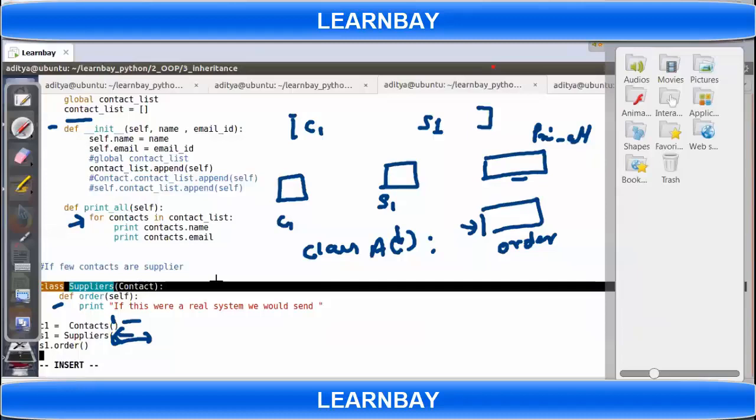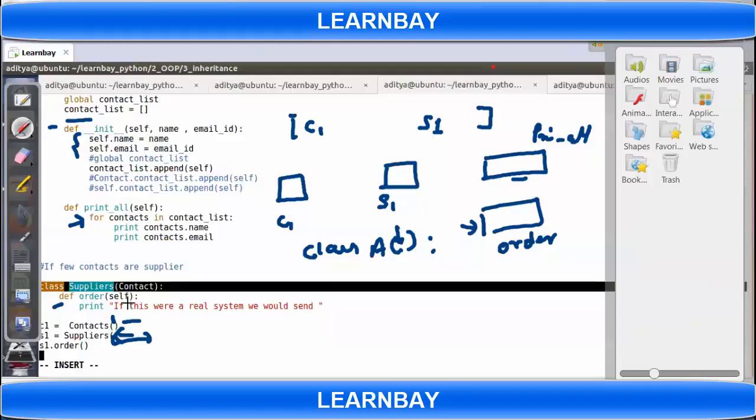Like if I want some extra field in supplier, then should I implement init in supplier? If that is the case, then what about the init of contact and how to manage that? Let's say we are having only two fields here. These two are applicable to supplier also. But if I want to add four extra fields in supplier, but I don't want those four extra fields in contact, then how to do that? Should I implement init here in supplier?